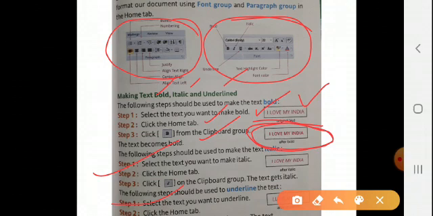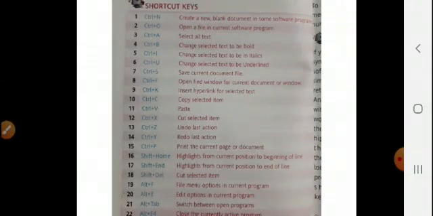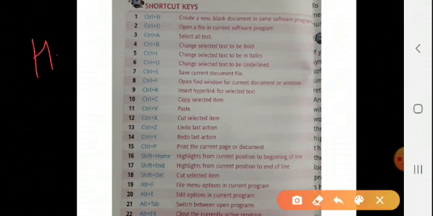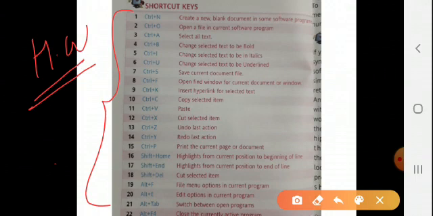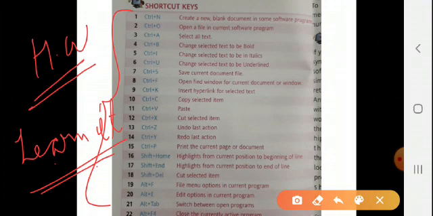I think it is enough for today. So what is your homework for today? This is very important, dear students. Your homework is to learn this table of shortcut keys, like Control plus N, O, A, B. These types of things you have to learn. Certainly you have to learn them well. It may come in your exams also, directly or indirectly. Understood? Till then, take care.